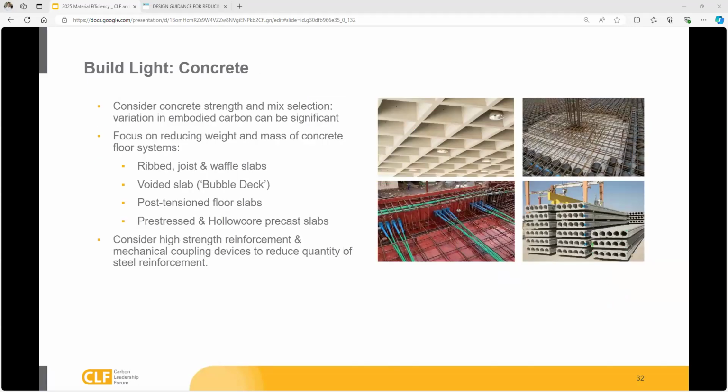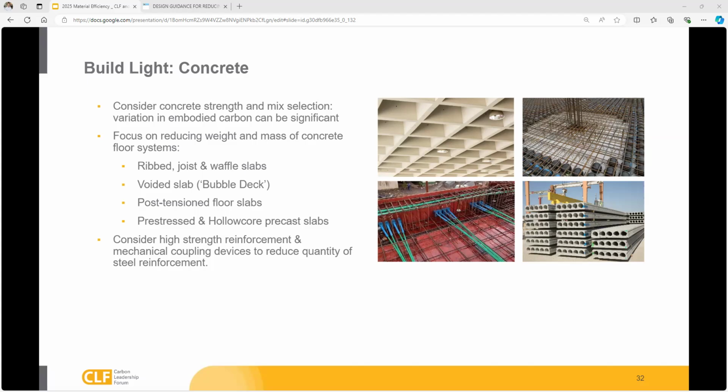Similar vein, concrete. Not all concrete is made equal, so consider your concrete strength and mix selection, because the variation in embodied carbon can be really significant within different mixes. And then focus on, concrete's a heavy material, so focus on reducing the weight and mass of your structural system so that your self-weight is not controlling your structural design. There are different ways of doing that with different merits and pros and cons, but ribbed and joist and